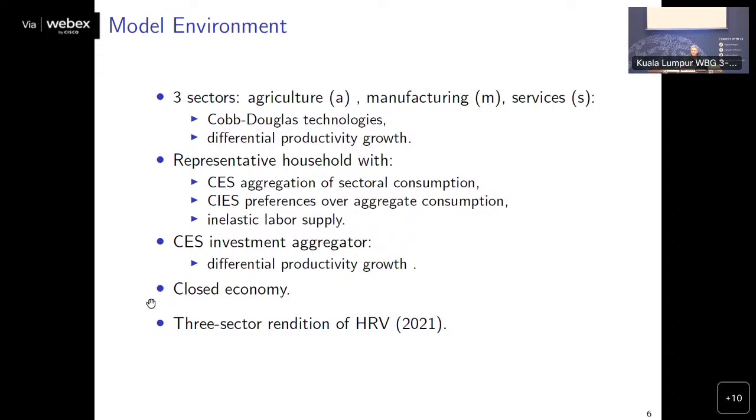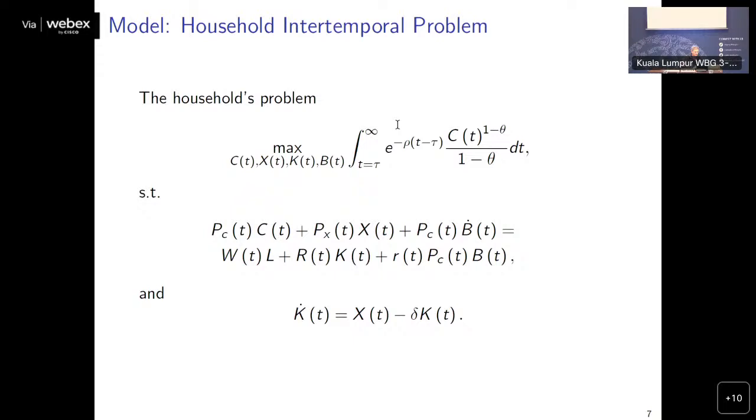I'm going to take the closed economy version of this model. And I want to say that none of this is novel, other than Herrendorf, Rogerson, and Valentinyi, their 2021 REStud paper, did this in 2 sectors. We added a 3rd sector because we want to map it to the data. So there's nothing innovative about this. I'm just going to use this to illustrate what the problem is. So we do this in continuous time.